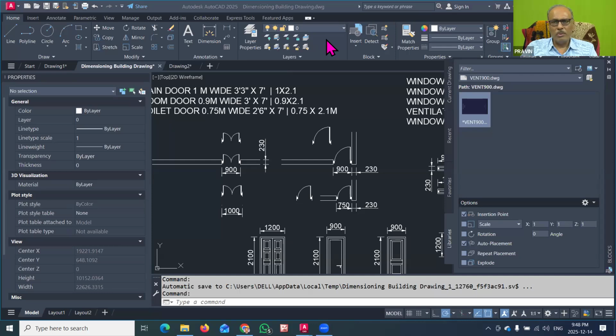Today was a very important session, as today we have learned the block command and the W block command, and how we can speed up our drawing. That is the one important secret: we can make our symbol library and insert this type of drawing very easily into our drawings, so that there is no need to create these complicated drawings every time. That's all from my side today.